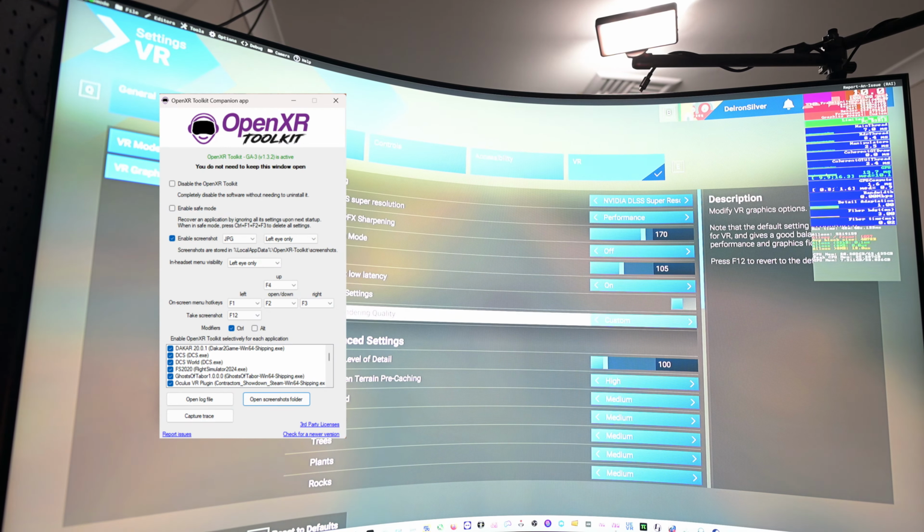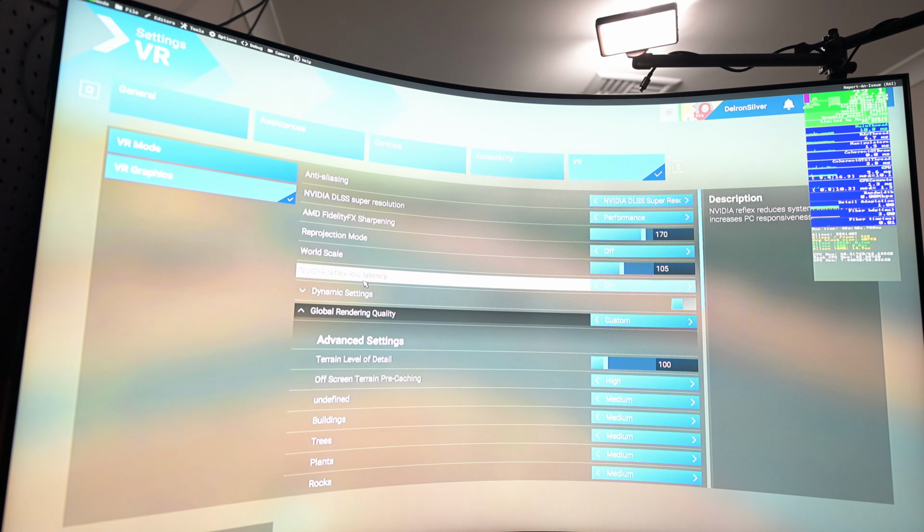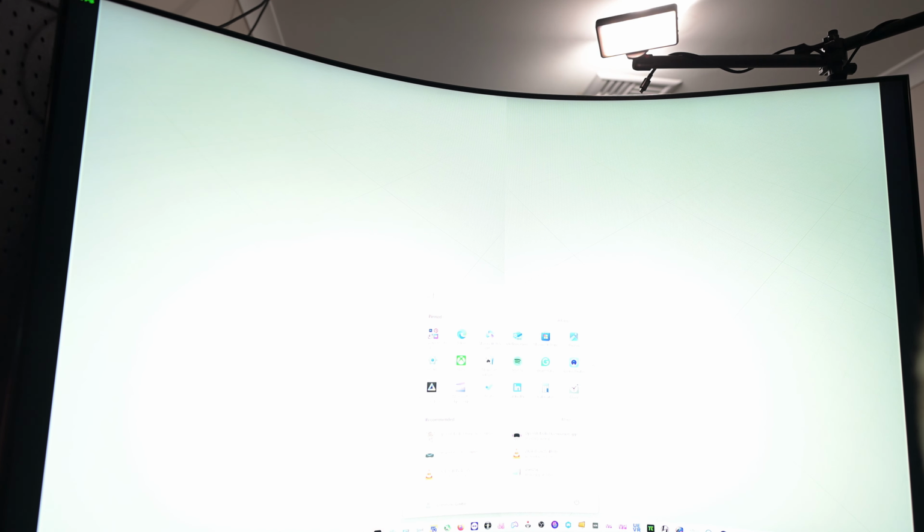It works for both. So yeah, weird. And you're going to want that, because there is no fixed foveated rendering in Microsoft Flight Simulator. It just does not work as far as I can find. It is simply not working with the PiPlay. It doesn't matter what I do, I just simply cannot get that to work. So we'll actually quickly jump now to the settings that I'm running in the